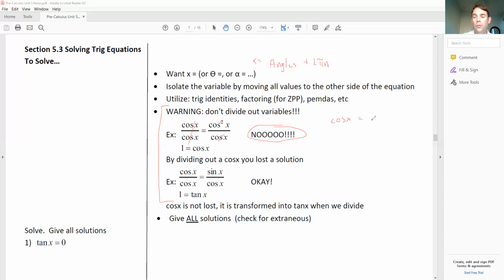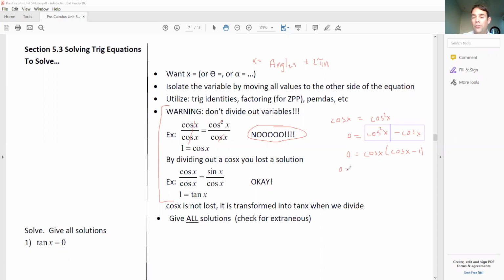it's better to set one side equal to 0 by moving that cosine x to the other side. And I want you to see how we end up losing a root by doing that. So we get our cosine x, and then if I wanted to keep factoring this, I'd go ahead and factor it. So what term goes into both of these? I could have factored out a cosine x here, and that would have left me with cosine x minus 1 equals 0,